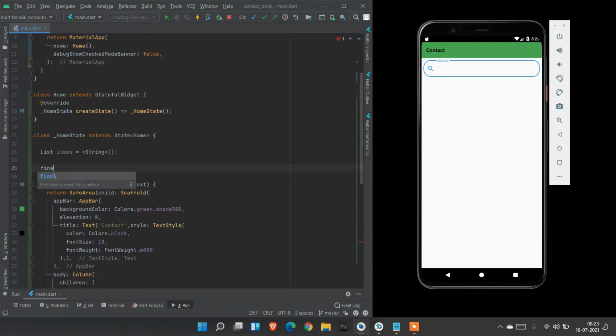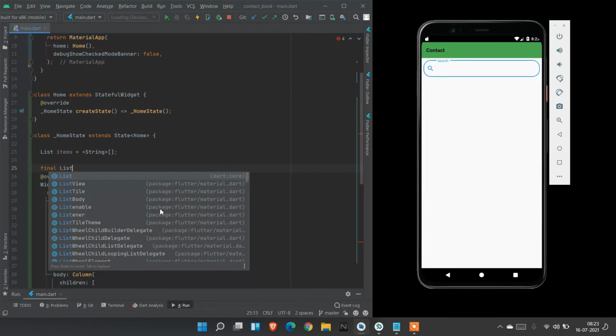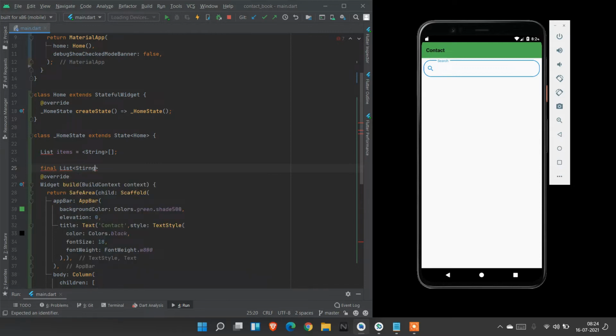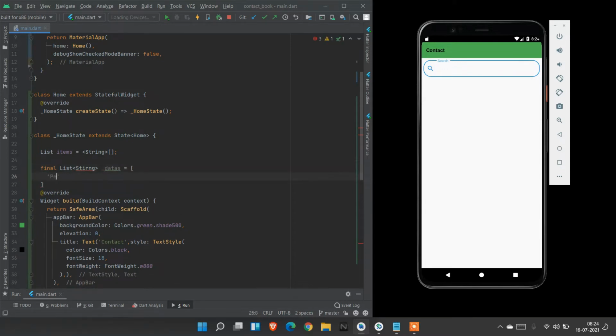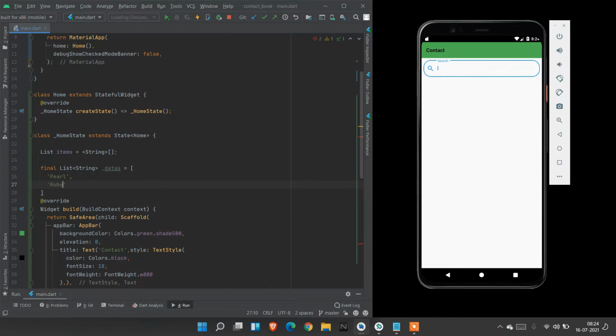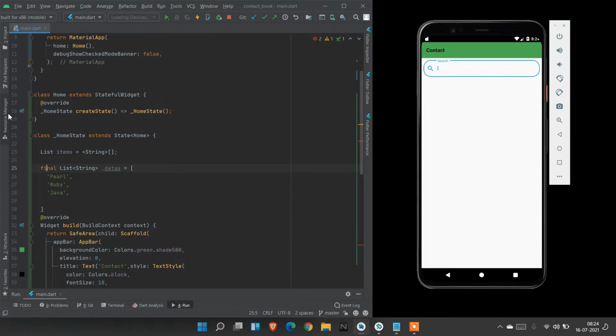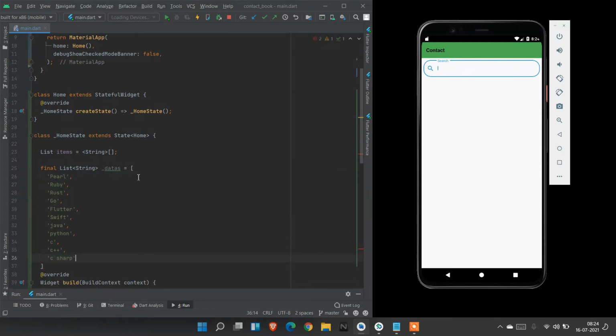Now we need to create a list of data, final List<String>. We name this datas. First one is Perl, second one is Ruby, third one is Java. Like this you give your own names. Here I have my own names: Perl, Ruby, Rust, Golang.